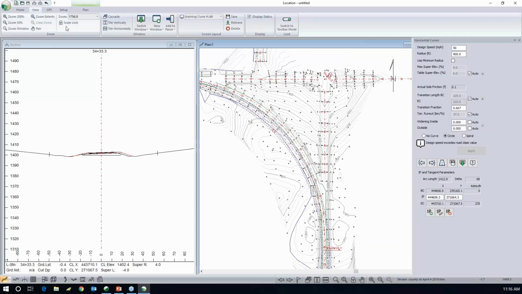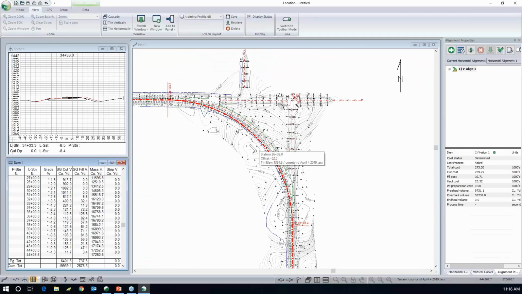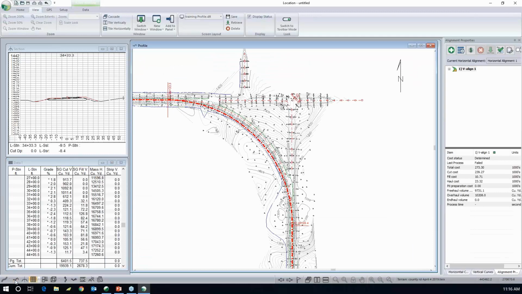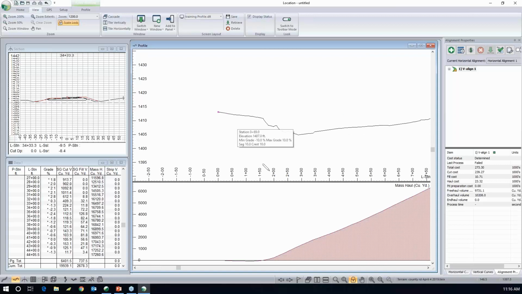I'm going to go on to vertical design now. Profile alignment. Different screen layout. You can see here there's a whole bunch of things happening. There's a data window with cut, fill, and mass haul. And also a mass haul window that has